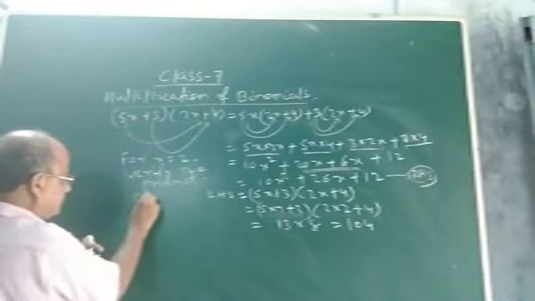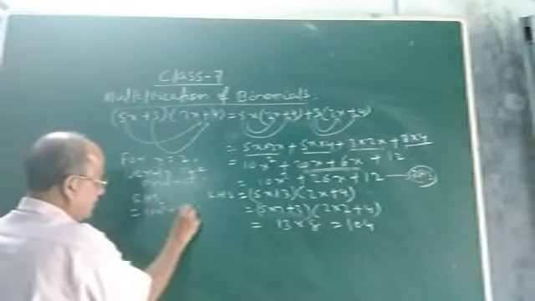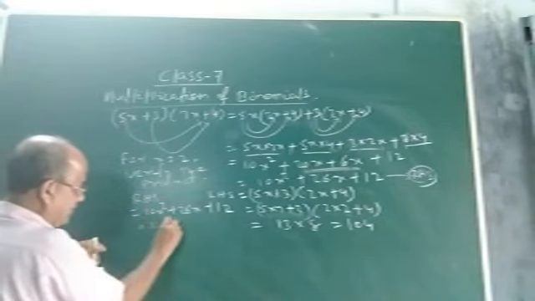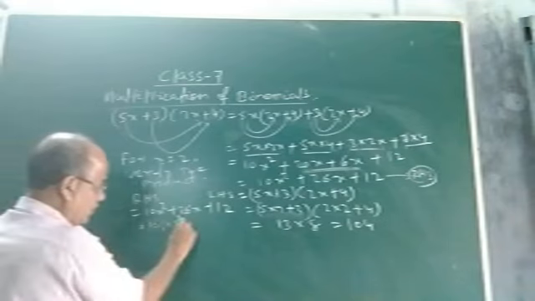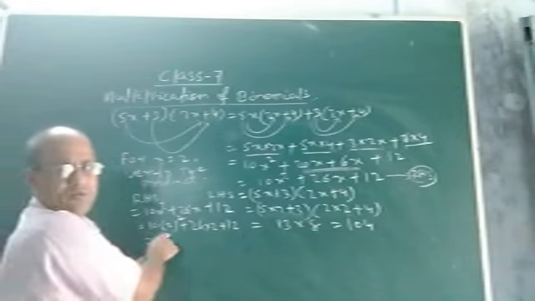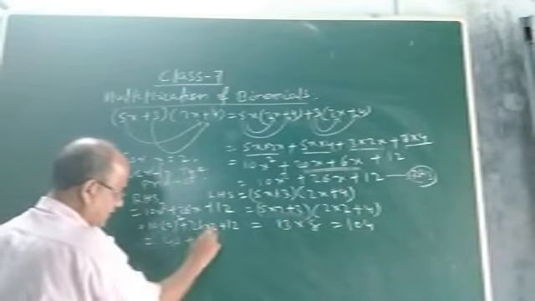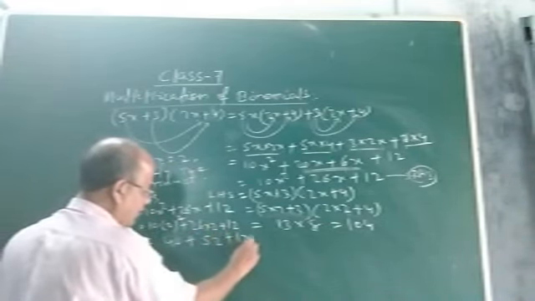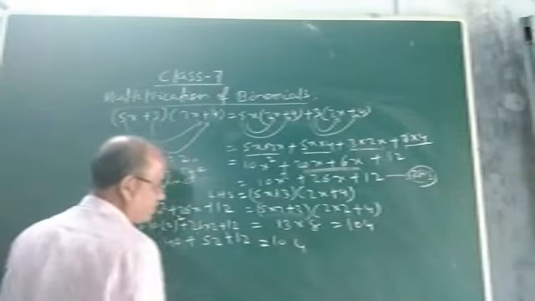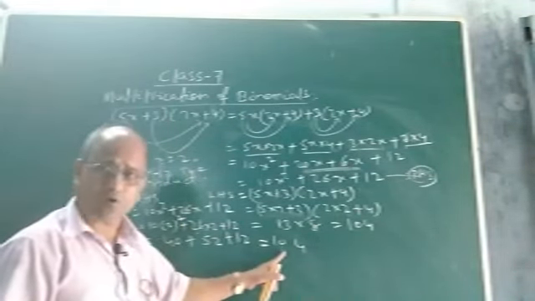I am finding here. See, what is RHS? RHS is your 10x square plus 26x plus 12. Now in place of x you put 2: 10 into 2 square plus 26 into 2 plus 12. And 2 square, you know what is 2 square? 2 square is 4. 10 into 4, it will be 40, plus 26 into 2, it will be 52, plus 12. Now you add these 3. 40 plus 52 is 92, plus 12 is 104. You see. So what did we see, children? We saw that for x equal to 2, the value of RHS is also coming 104.